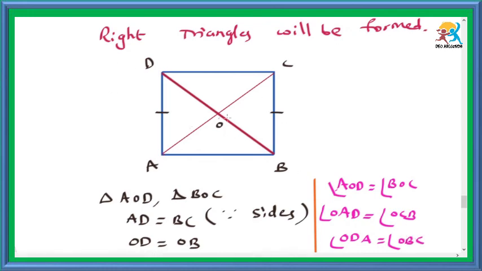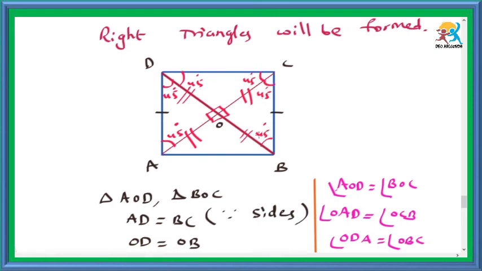By proving all the four triangles are congruent, then we can get the angles as this is 90, this is also 90. OA and OD, these two are equal and these two also equal. This triangle AOD is a right isosceles triangle. Here the angle is 45 degrees. This is also 45. It is also 45. It is also 45. Like this we can write the remaining angles.